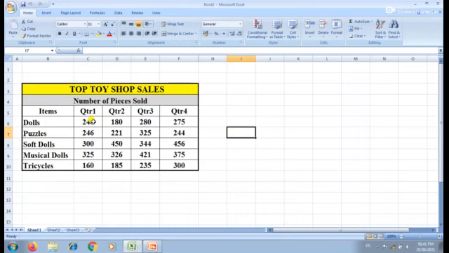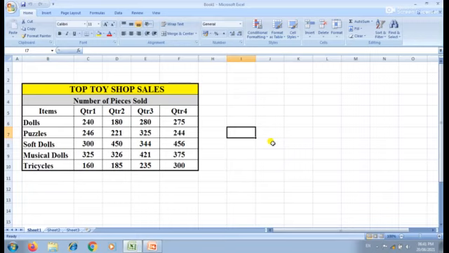Sorry students, it shows how many pieces are sold in each category of the items. For example, in dolls quarter 1, how many items sold? 240. In quarter 2, how many doll items are sold? 180. So for this data I am going to create a chart.